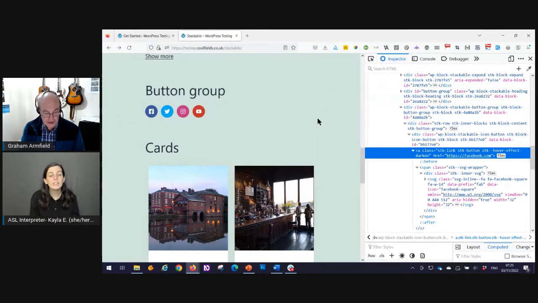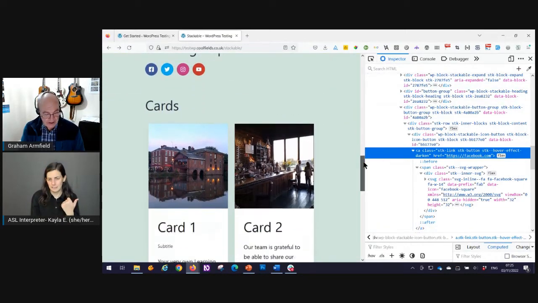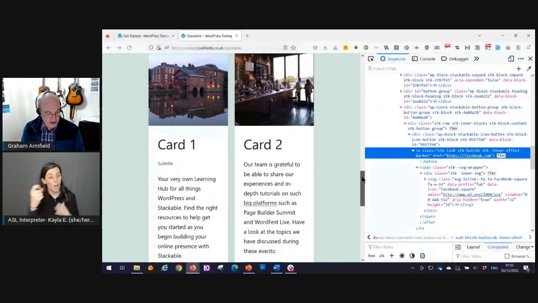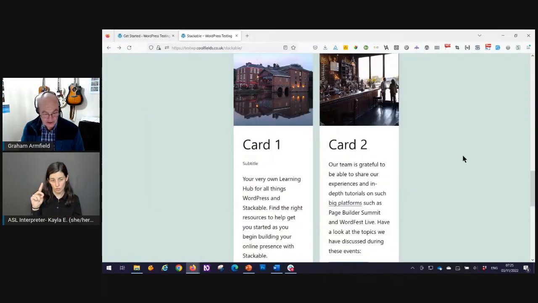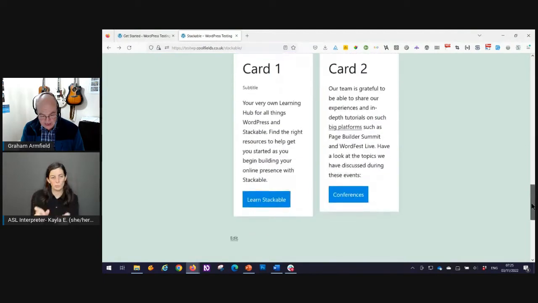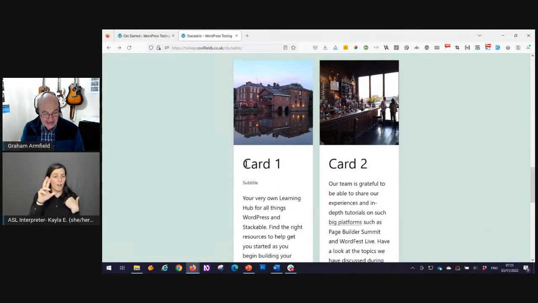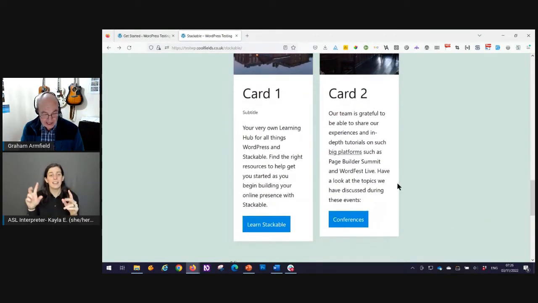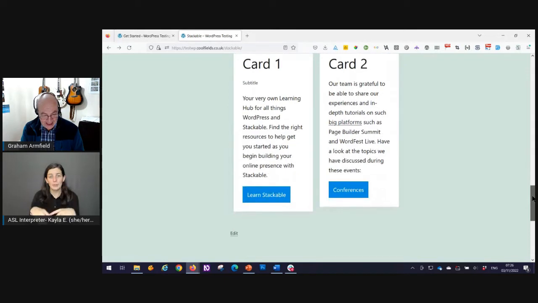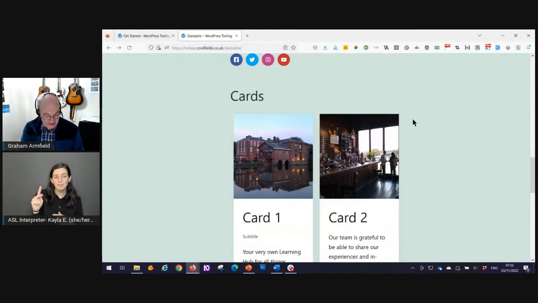Okay, so what else have we got on this page? The other block I've chosen is cards, and I've put two of these together. Let's move that out of the way. These are fine. It's got an image at the top that's got the correct alternate text attached to it. I've got a heading in here and then some plain text. I put a link in this one. And these also are links at the bottom.